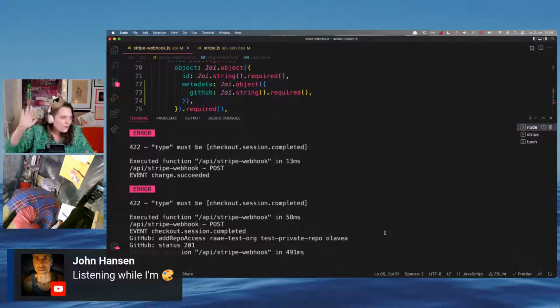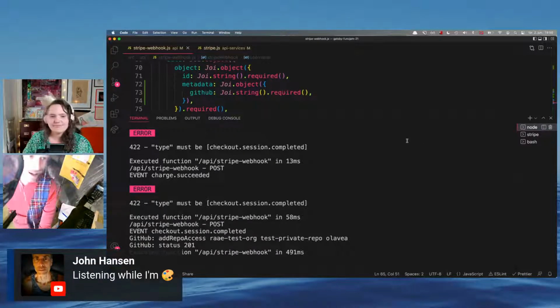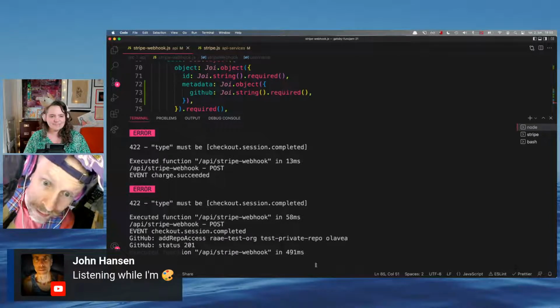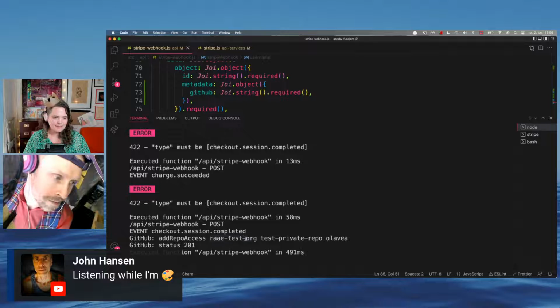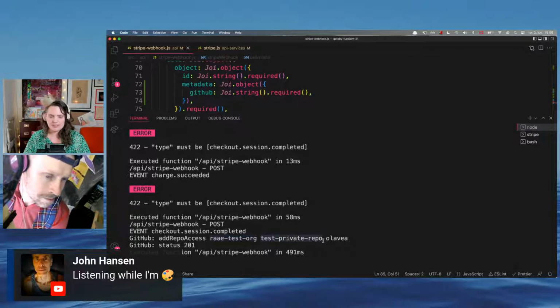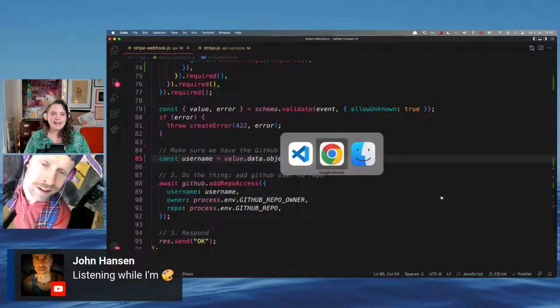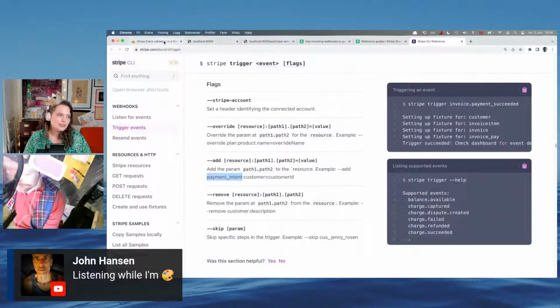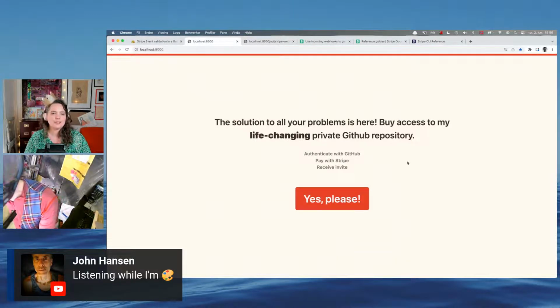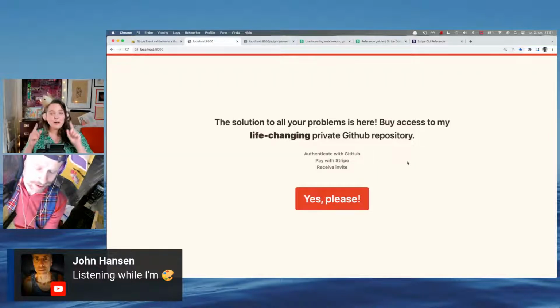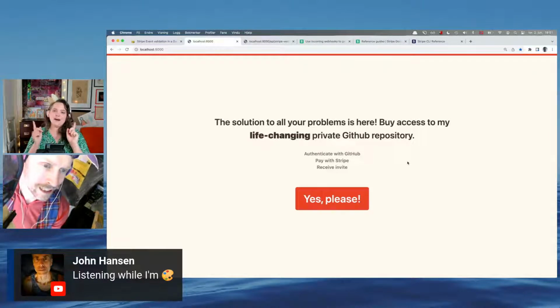That is great. So now I have access to the private repo. I made myself a test organization with some test repos and stuff to be able to test this stuff on. So it's a very boring repo. I shouldn't tell you, but the solution to all your problems is here, access to my life-changing private GitHub repository. There is very little in that repository too, but there is a fun reference to